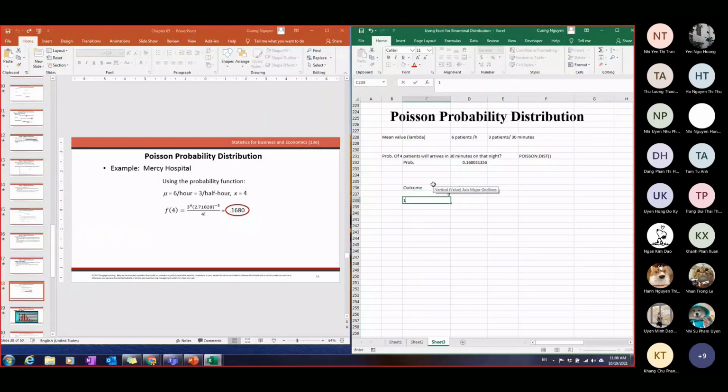So like 0 guys come, 1 guy come, 2 guys come, 3, 4, 5, 6 guys come, maybe up to 10 guys. But normally most of the time this will be 3, right? So you can check it. It's the same function, you use the Poisson distribution. X will be 0. Mean value is 3, all the time this will be 3. Cumulative false, I just want to see, and I put it into percentage and expand it.